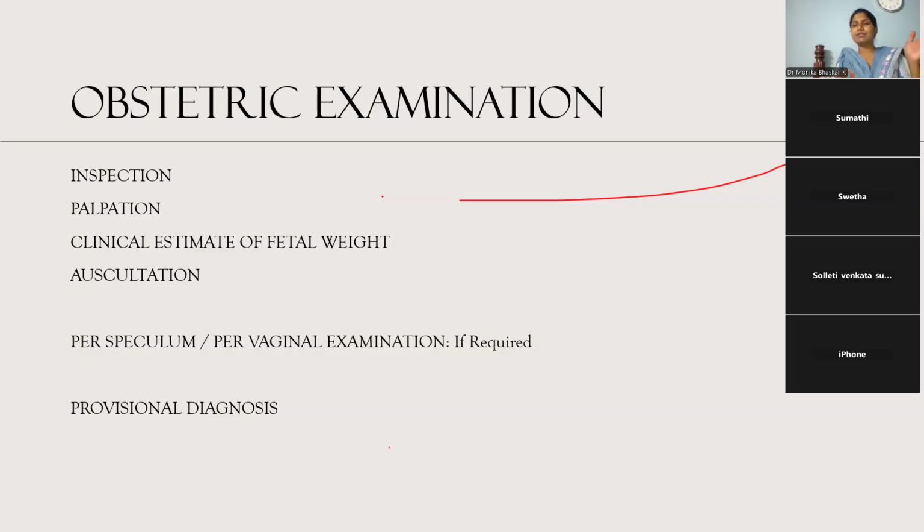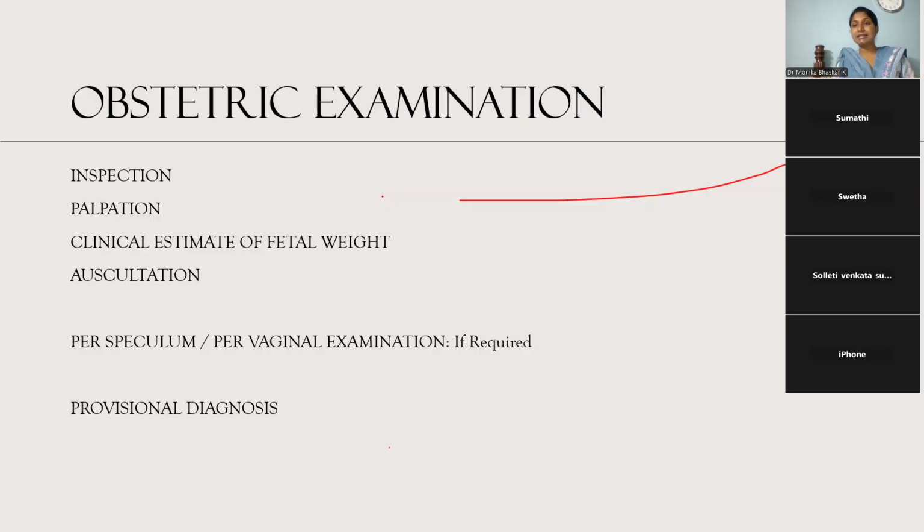And before you do the palpation, you will correct the dextroversion. So the uterus would have fallen to the right side. With your right hand, you will correct the dextroversion, and with your left hand, you will go on palpating for the fundus from the xiphisternum, and then you will be seeing the fundal height. So fundal height is very important, and you have to know where the fundus is less than the period of gestation, and where the fundus is more than the period of